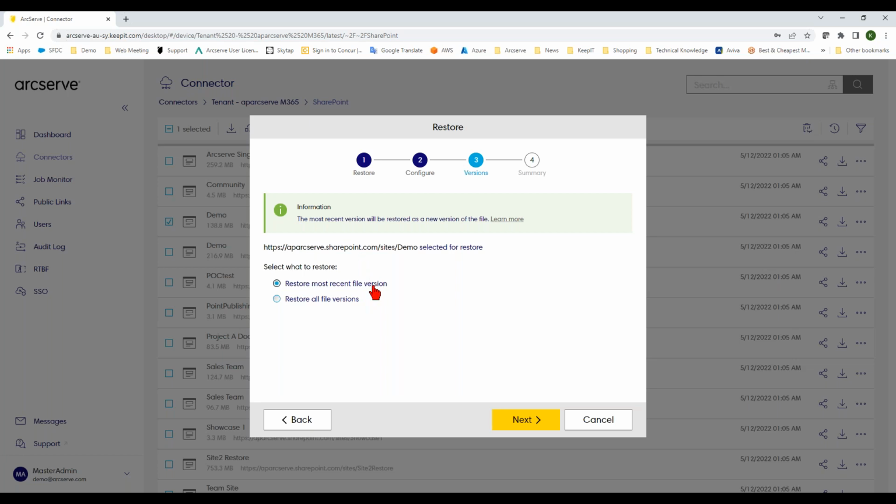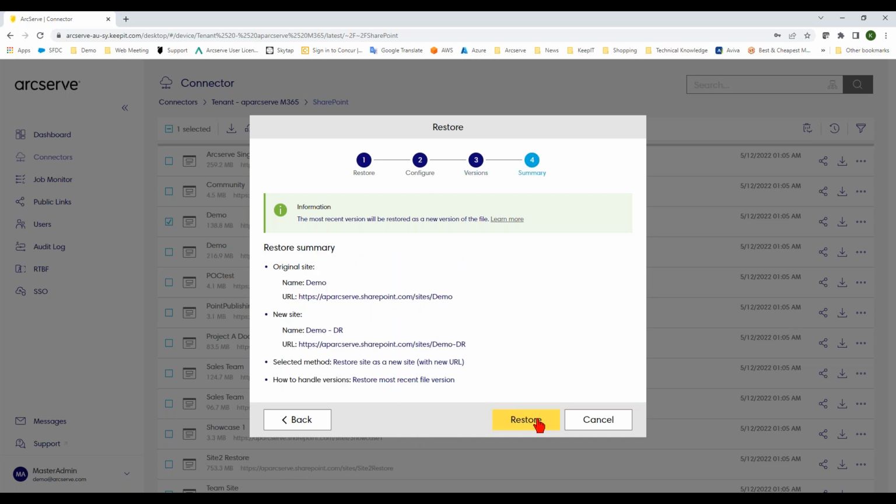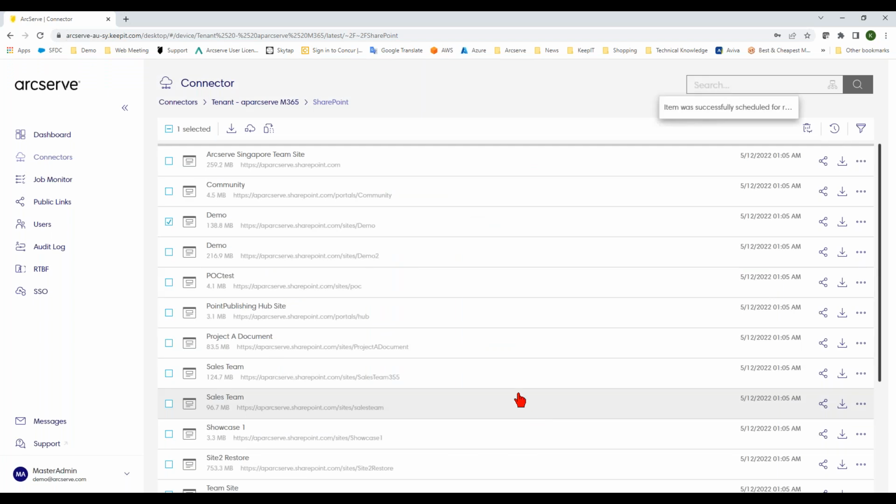And then when I do this restore, I can also say that I want the most recent file only, or I want the system to restore all my file versions. Okay, and do the restore. So you can see the way we navigate the usage of the Arcserve backup is pretty straightforward